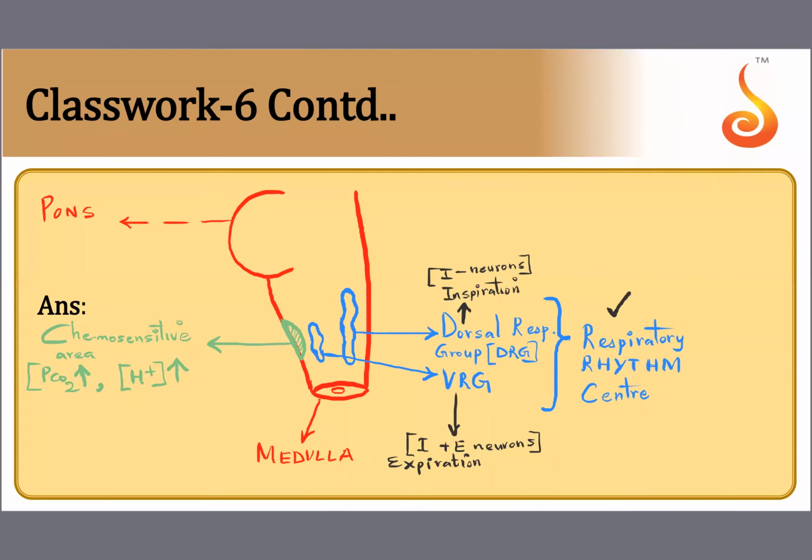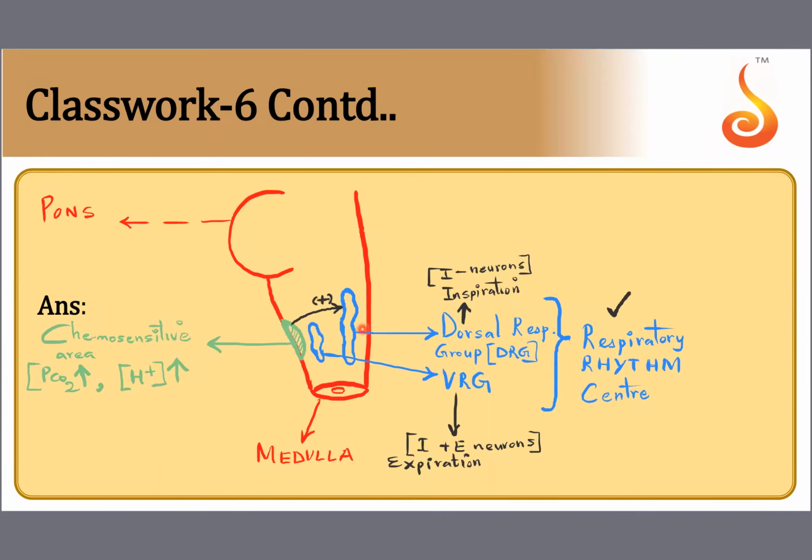Okay, so when PCO2 level increases and H plus ion level increases, this chemosensitive area becomes very, very active. And you know what this chemosensitive area does? It activates the dorsal respiratory group. I'm going to erase this line with a plus mark later, because I have to show you one more pathway. So please remember that the moment this chemosensitive area detects, oh, there's so much carbon dioxide and H plus in the blood, it wants to tell your brain desperately to start breathing more. So it sends these positive signals to the dorsal respiratory group.